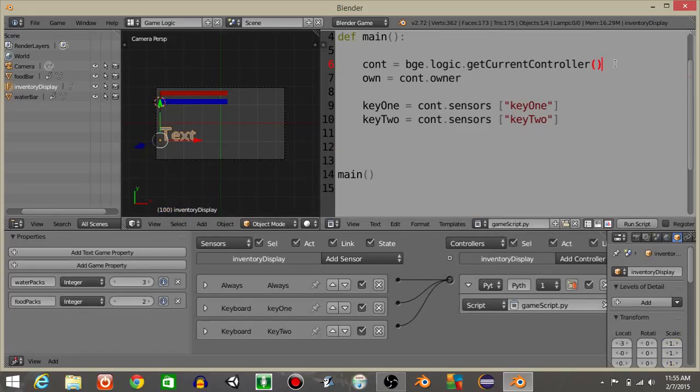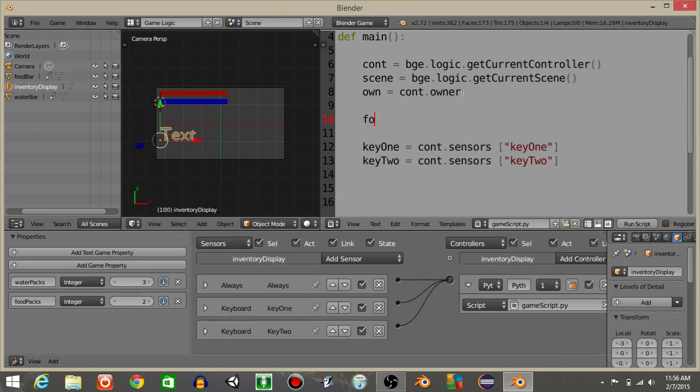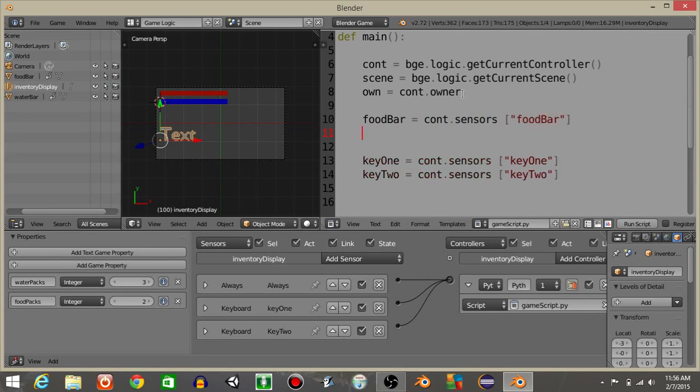So what we're going to do is import the scene really quick. bge.logic.getCurrentScene, like this. And right here, food bar is going to equal cont.sensors food bar. And water bar is going to equal cont.sensors